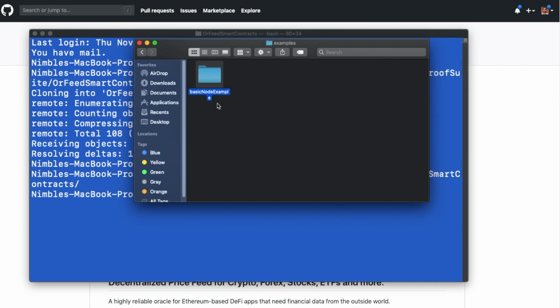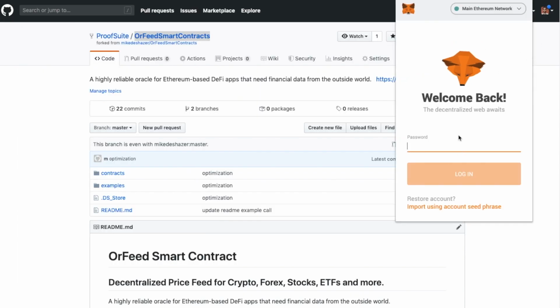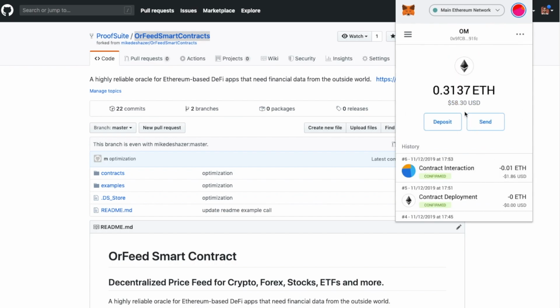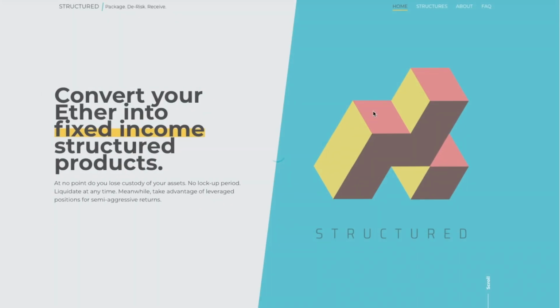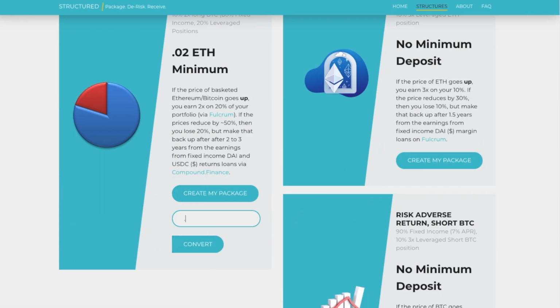And if you're not familiar with MetaMask, I highly suggest that you pause this video, go learn a bit about it. But MetaMask is simply an extension that allows you to manage your accounts and interface with dApps or decentralized applications. So, for example, one that we created a few weeks ago is called Structured F. It allows you to go on a website like this, click on a button, create a package of multiple. This is a good example of DeFi.